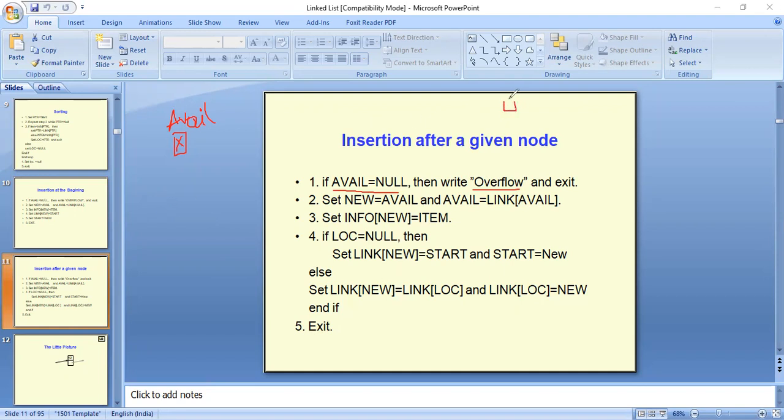supposing we are having our list as, so this is my linked list. All right.